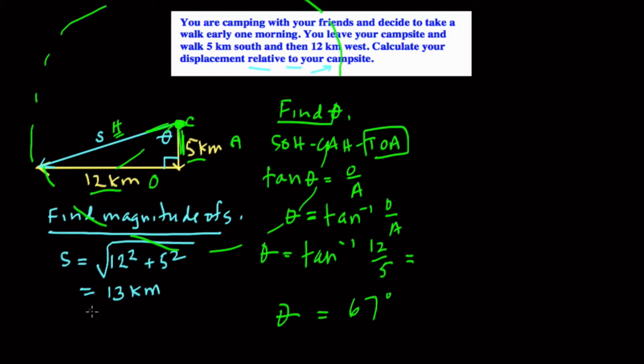So I've found the magnitude, 13 kilometers, and I know theta is 67 degrees, but think about it. If you called someone and said, listen, I'm 13 kilometers away at 67 degrees, it would not tell them where you were. It would not put you at one point in space and no other point in space. So we need one more piece of information here, and that is going to be your direction relative to the